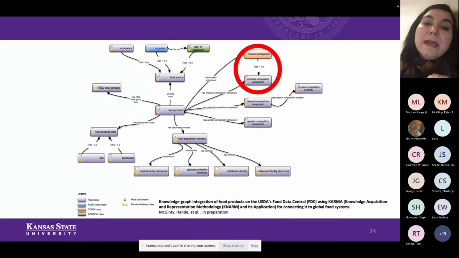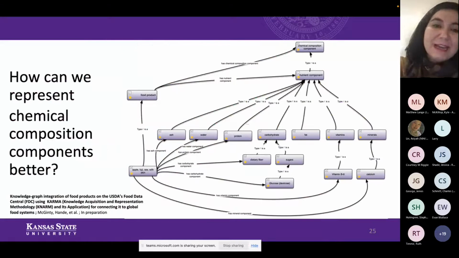I'm going to talk today a little bit more about the nutrient components, the chemical composition components of food, and how we looked at that as a connecting point for food, health, disease, bioassays, and drugs and agriculture. So the question that we tried to answer was, how can we represent chemical composition components better?